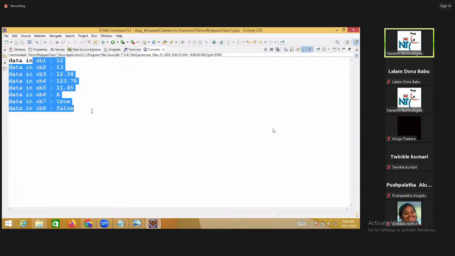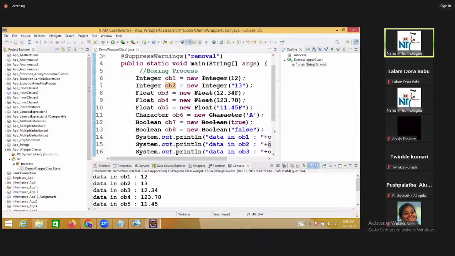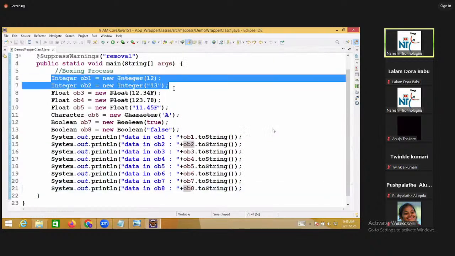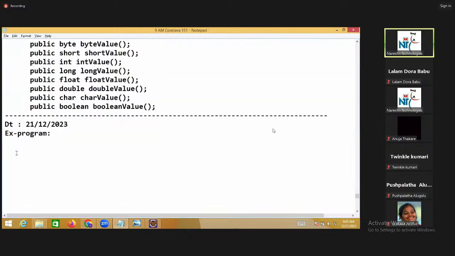Now all objects are coming anyway, right? Look here. Now let me draw a diagram for it, the object form. Suppose this is integer form.